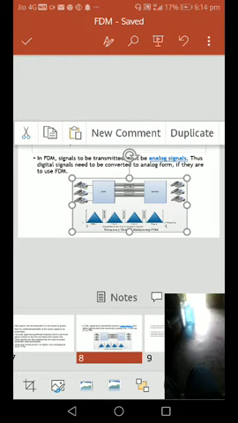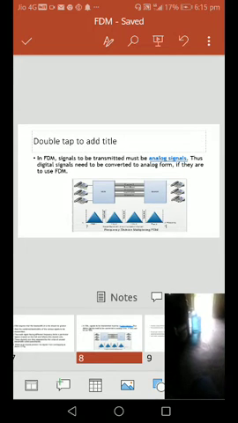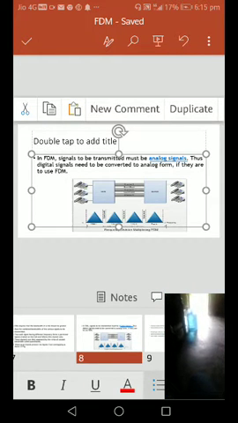Analog signals can be modulated to transmit through a channel. This technique is useful for communication over longer or shorter distances. After multiplexing, we transmit over the longer distance, and thus digital signals need to be converted to analog form. After the digital signal is converted into analog, we are receiving it.